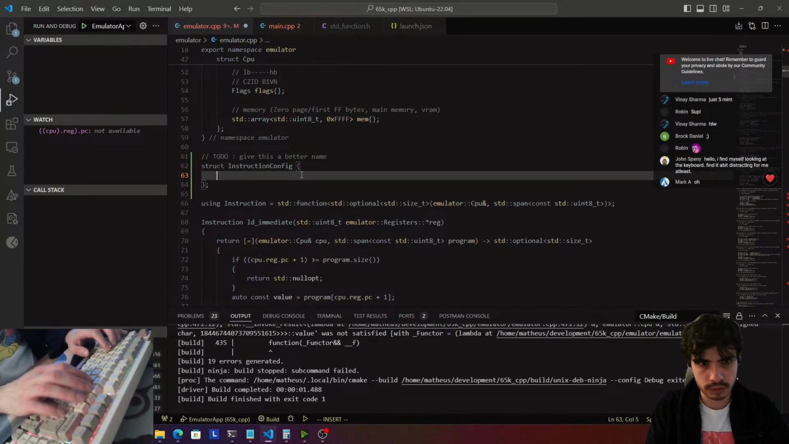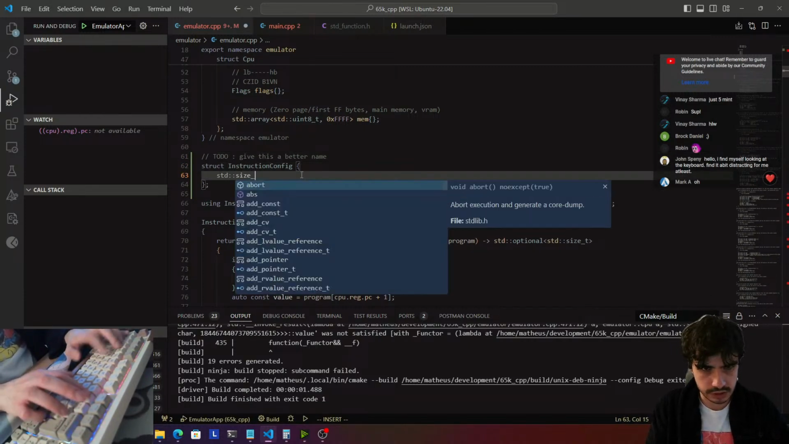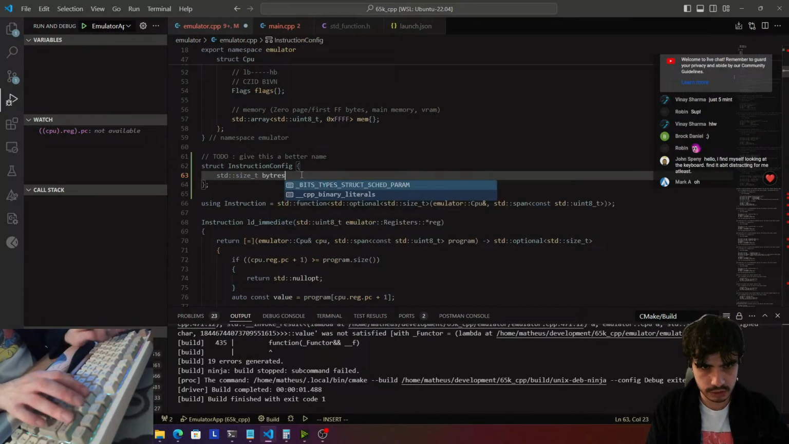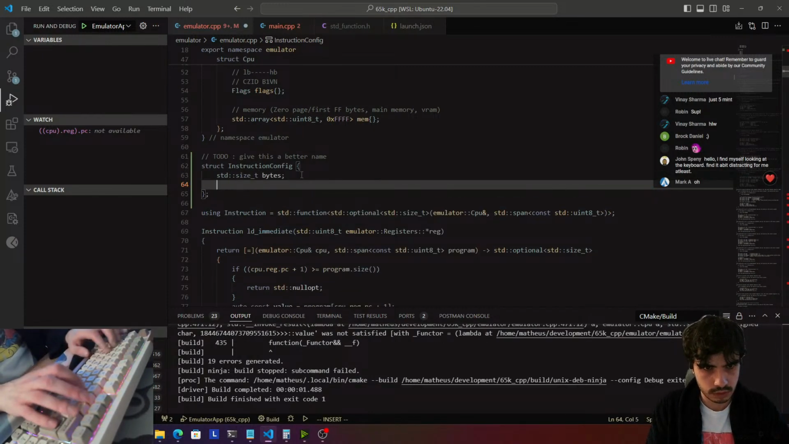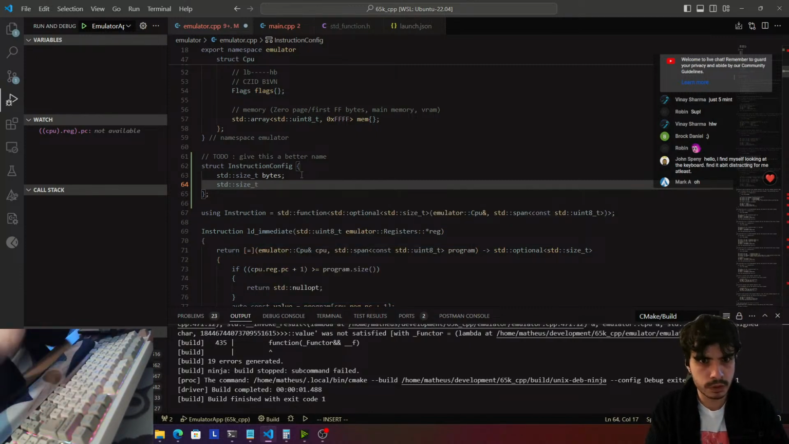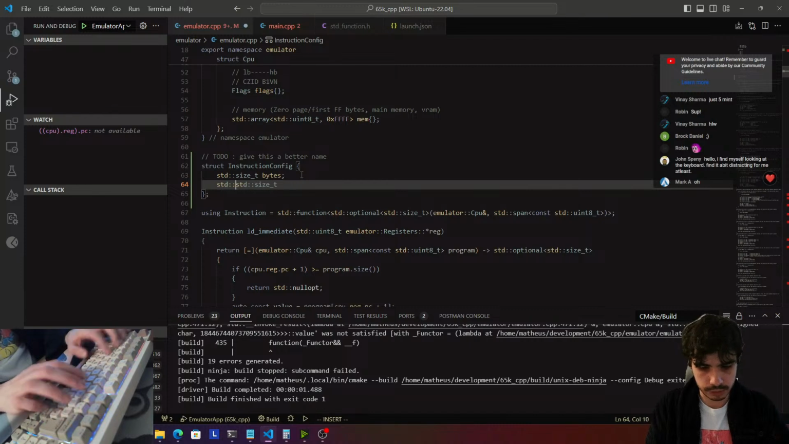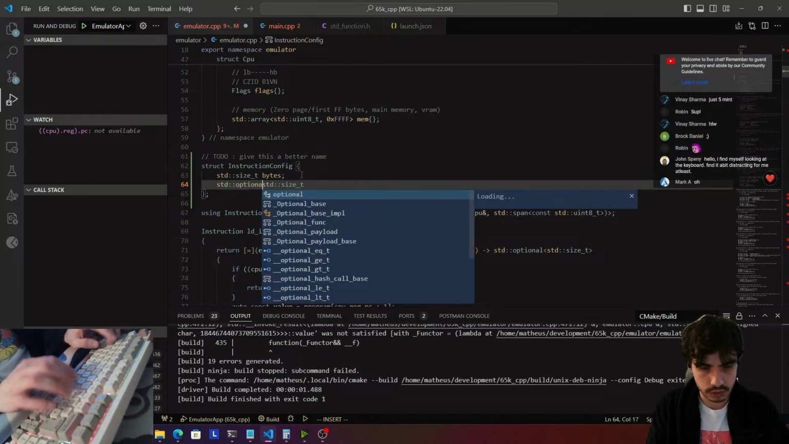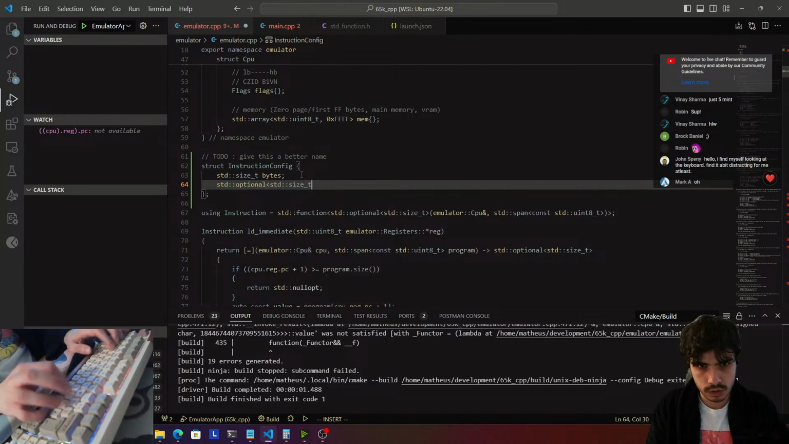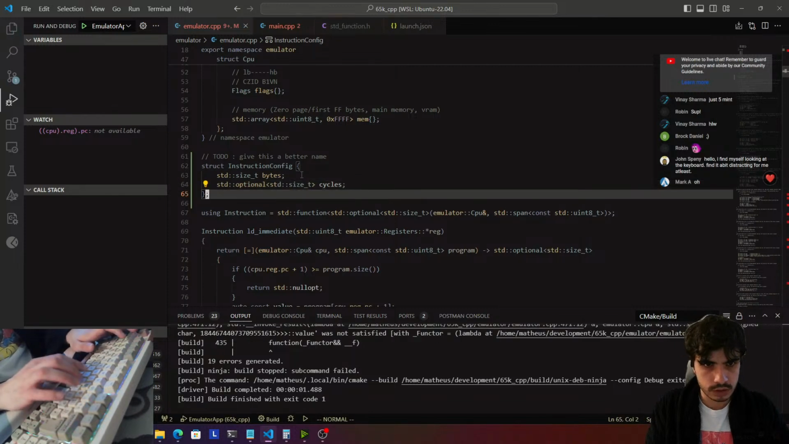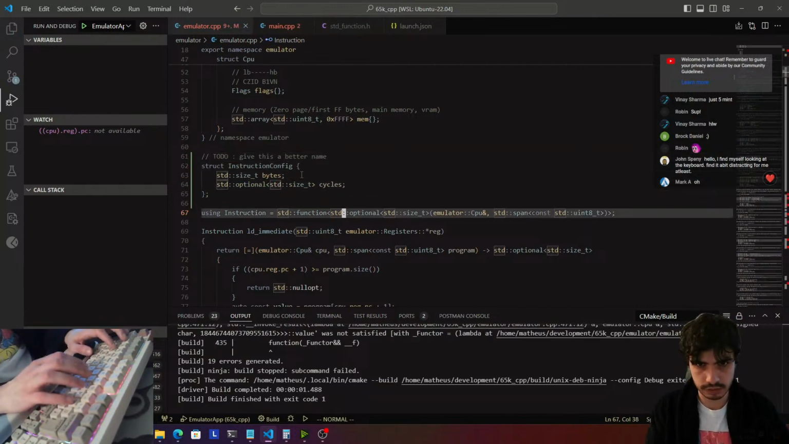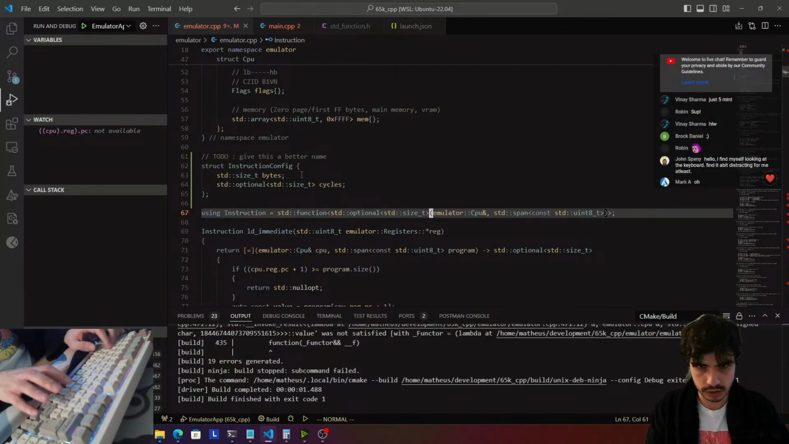Can't forget the semicolon here, and then in here we're gonna have the size t, so bytes read or something like that. Byte and std size t, can't spell today. And this is going to be our, maybe an optional there actually. So no, the cycles, right? So this is what we're going to return here, right? Instead of the optional of size t, we're going to return an optional of instruction